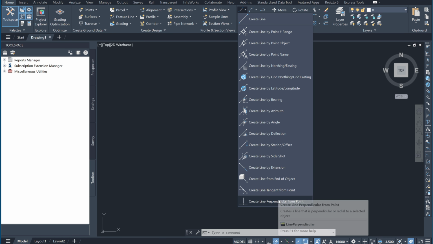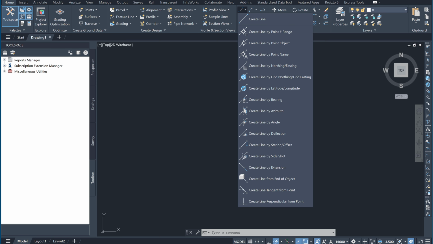Today we're diving into one of the most important topics every Civil 3D user should master, the Civil 3D Line commands. These aren't just different ways to draw a line. They're specialized engineering tools designed specifically for surveyors, civil engineers, and CAD technicians. If you're working with survey points, legal descriptions, property boundaries, roadway design, or site development, these commands can save you